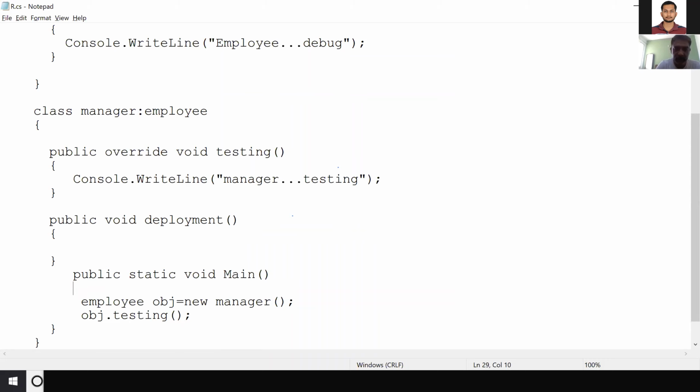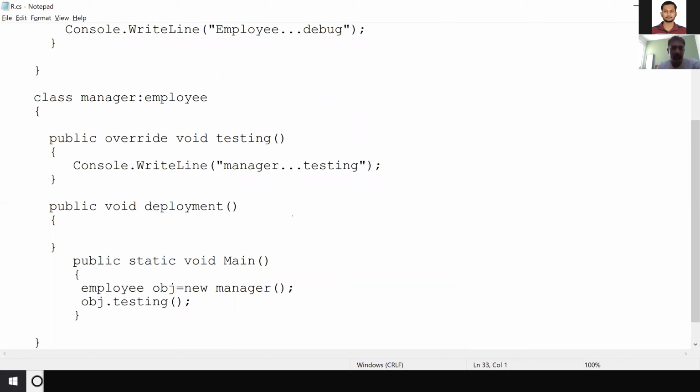A thread executes your program, then memory allocation comes. So for the execution, a thread is needed. And for the memory allocation, new is needed. So this program has a single thread and one object.